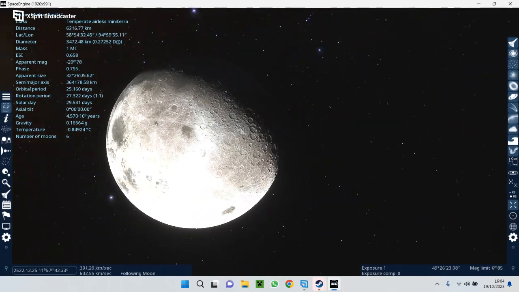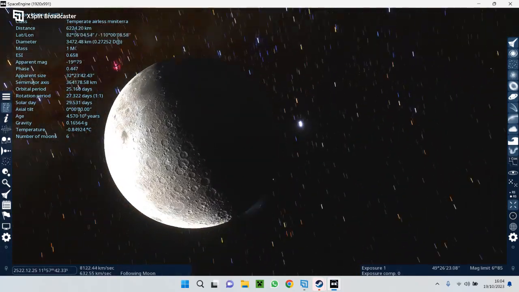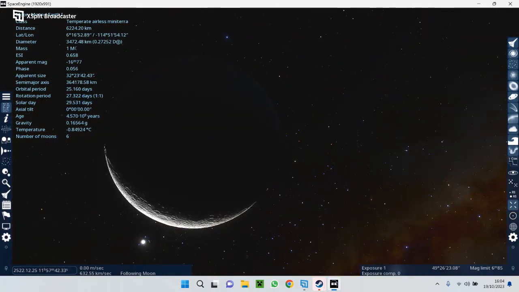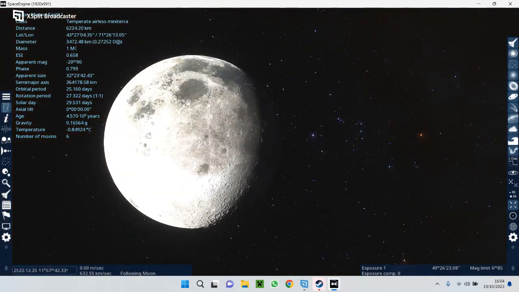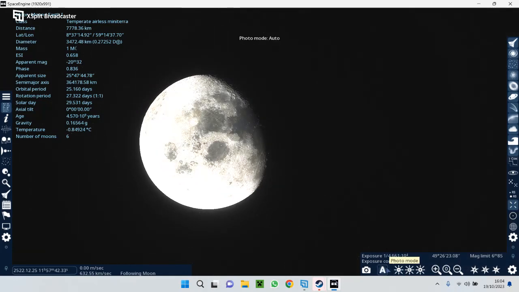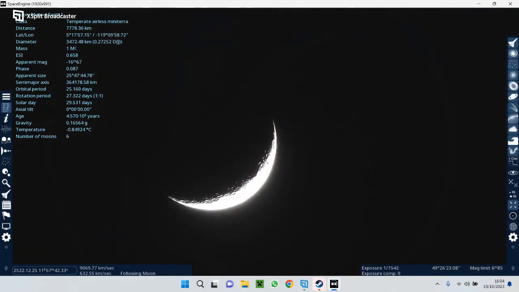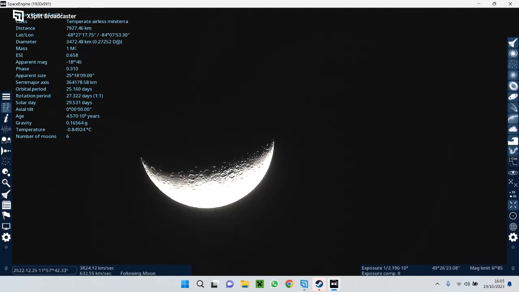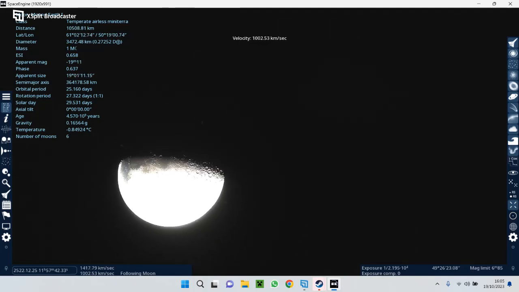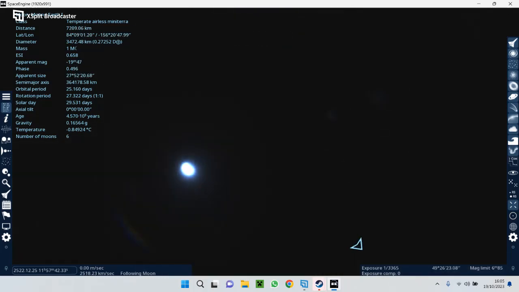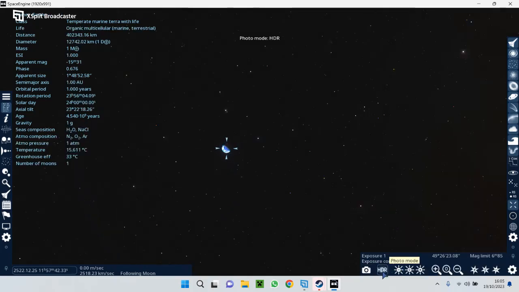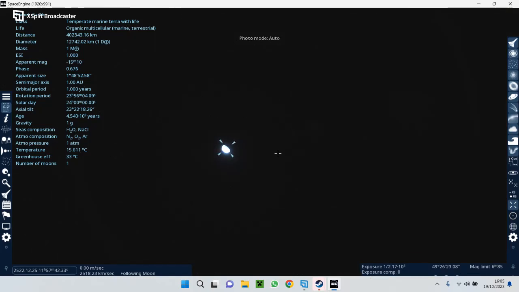Here's the moon. In photo mode, if you keep moving around, you can find Earth. Oh, right there. Hey, yeah, Earth. You can see Earth from there.